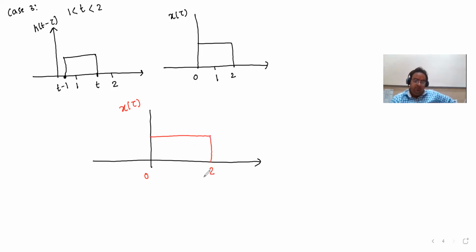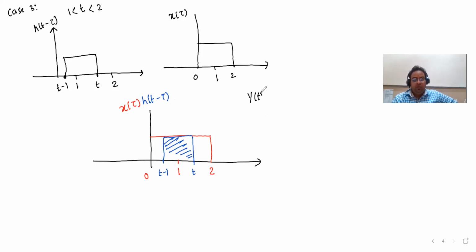Okay, and then we have this thing that is from t minus 1. Here somewhere we are having 1 also. The second thing is h of t minus tau, that I'll make with blue. So h of t minus tau, this t minus 1 is somewhere here. This t is somewhere here, and this is the area where it is overlapping, from t minus 1 to t. Now this time